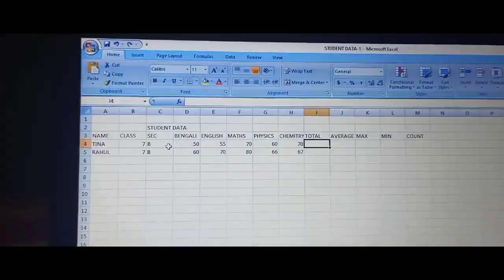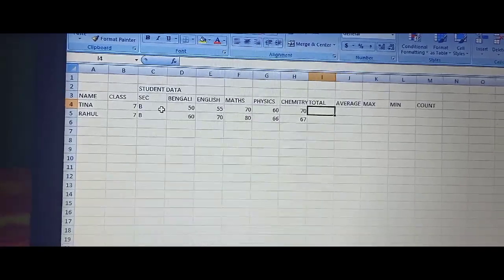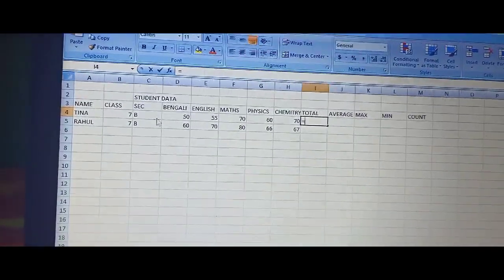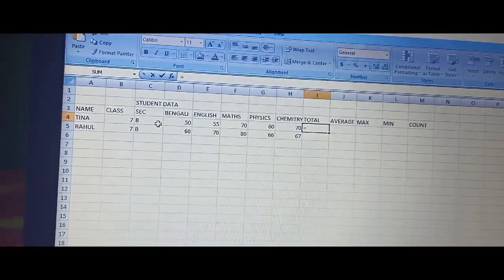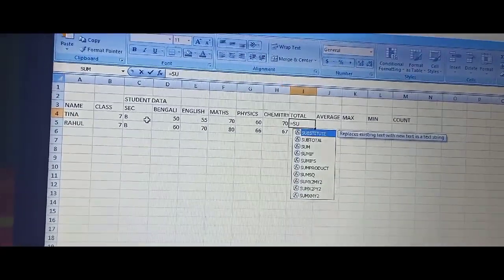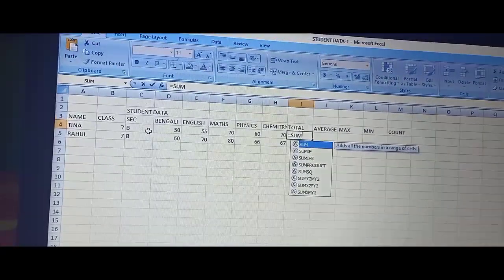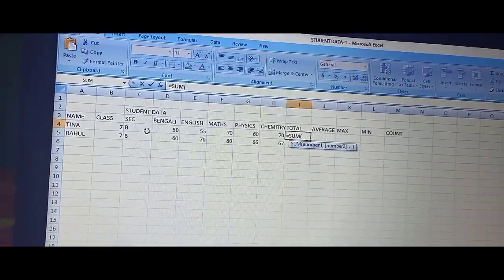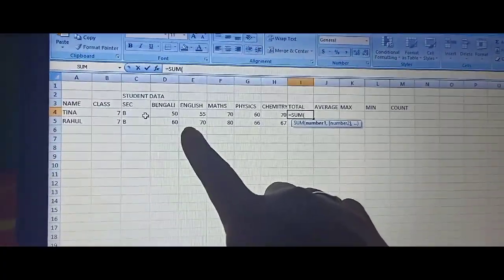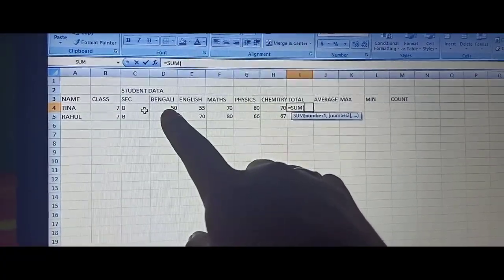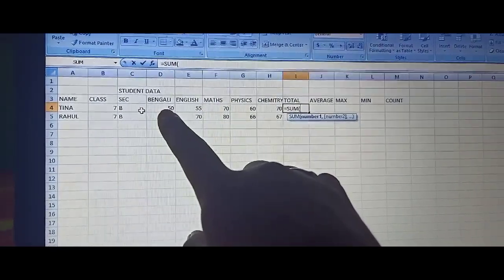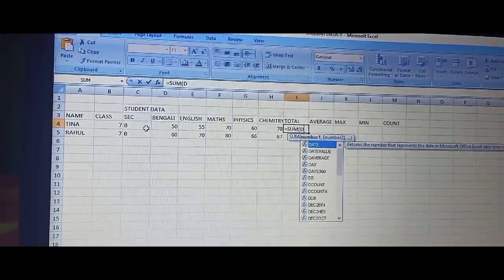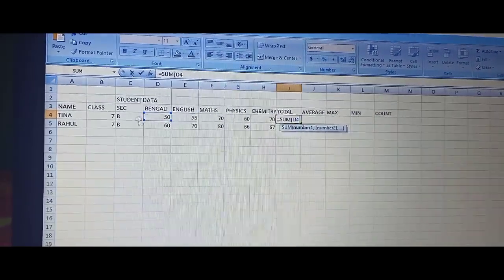So today we will learn another way to write a formula for sum. Equals to, always remember it will be same, sum, then inside the first bracket we will mention the cell number D4. So D4, so this has been selected.